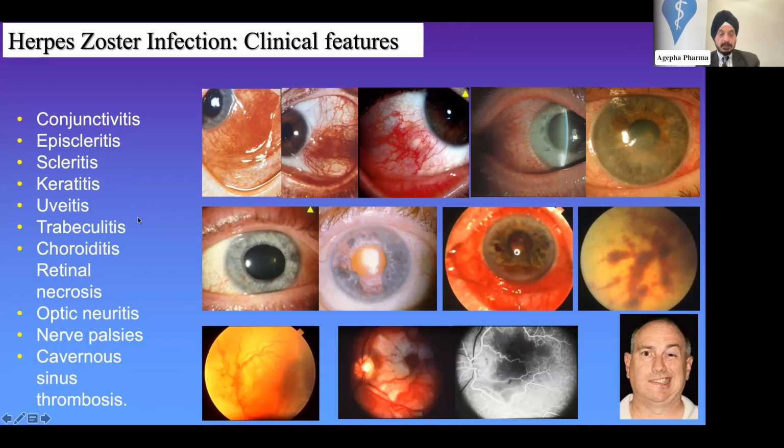You get uveitis, trabeculitis, choroiditis, and when you see things like this, you get transillumination because the pigment has fallen off, and the pigment falls off because there is vasculitis of the iris vessels as a result of the zoster infection. And with severe uveitis, you can get a spontaneous hyphema, sometimes combined with a hypopyon, and then the